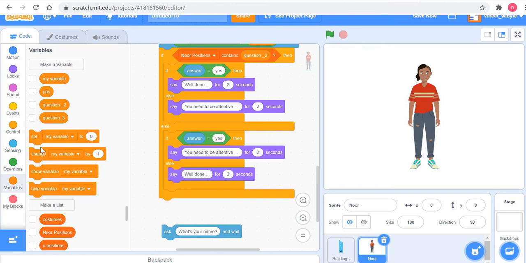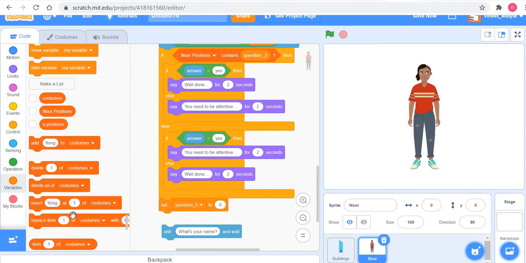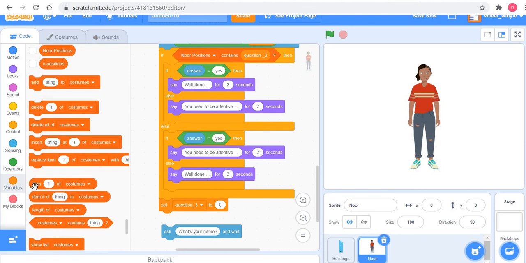So I'm going to set question 3 to something a little different here: an item from the Noor list. The Noor list is a list of buildings that Noor has visited. So I'm going to set question 3 to item from the Noor list. What item?